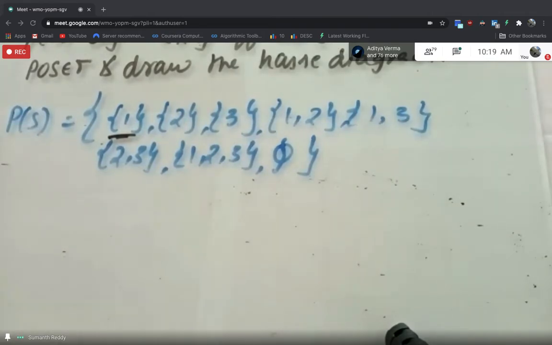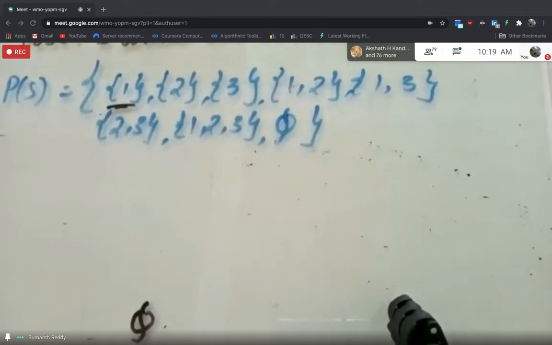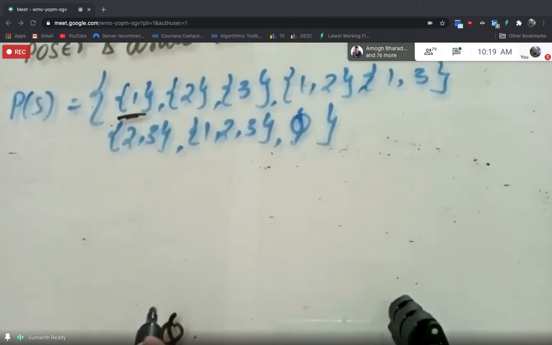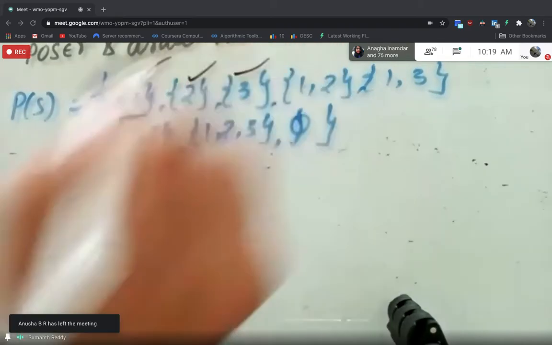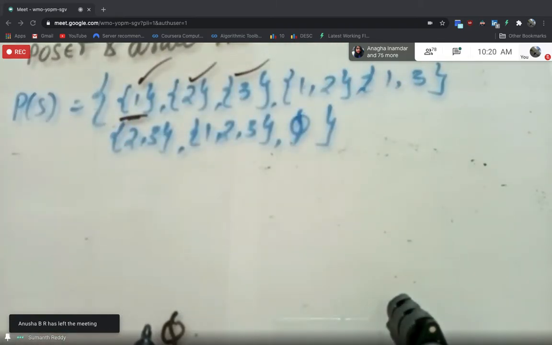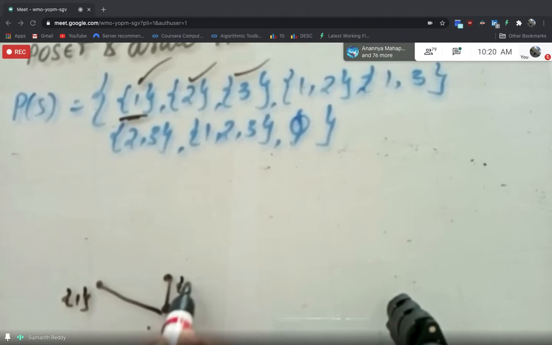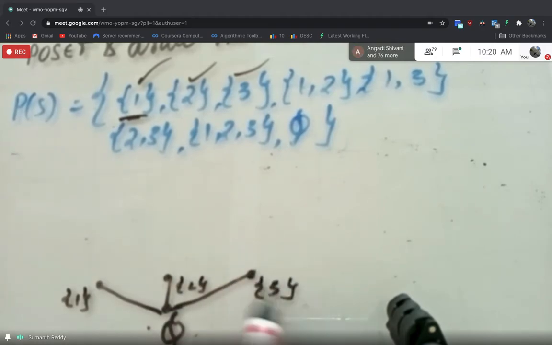So let me just write this so you can cross check. Here the least element is the null set. The null set will be a subset of every set, right? So first you have to start with the null set. Next, which are the elements that are related only with the null set? It will be 1, 2, and 3, right? So based on this, I will include the subset having 1, the subset having 2, and the subset having 3, right? So which is the subset that is related to 1 and 2?